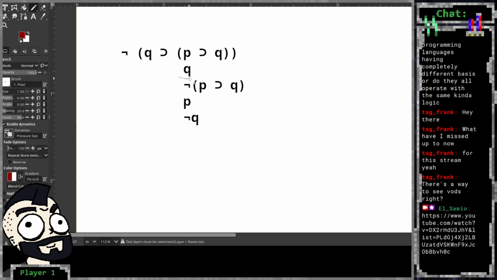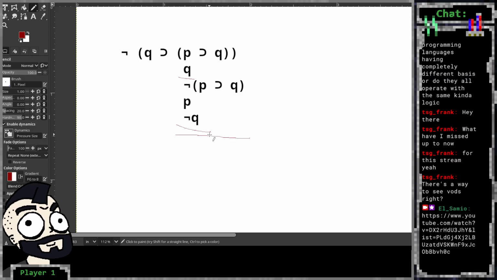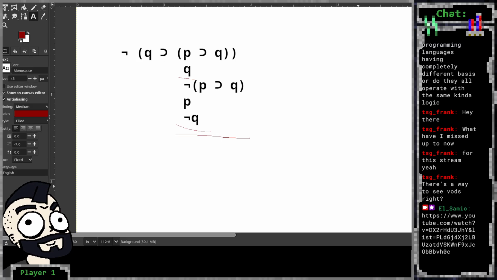Nani? Which means this branch immediately closes, which means that we have proven the formula Q implies that P implies Q. What does it mean? Whenever a formula in propositional logic is true, then everything implies it. Which leads to some funny